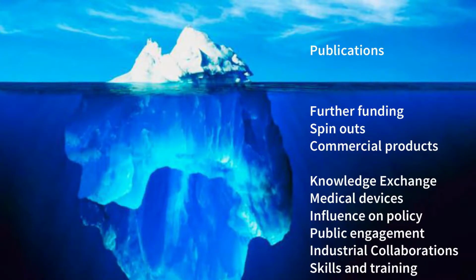But publications is only the tip of the iceberg. There are other areas that we also collect data that we're now working on. We're planning to deliver before the end of this year further work in terms of spin-outs and commercial products working with third-party systems. With regards to the further funding, we have an opportunity to put up to 3 million funded